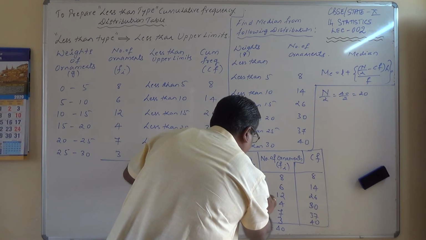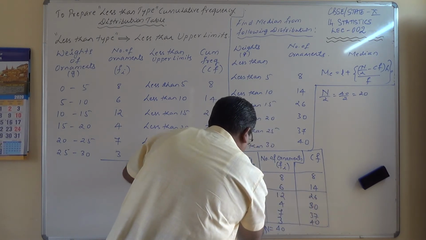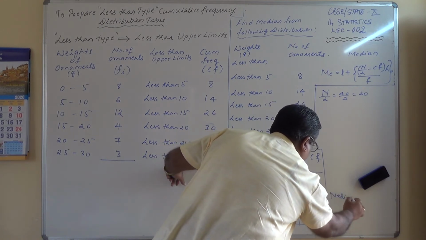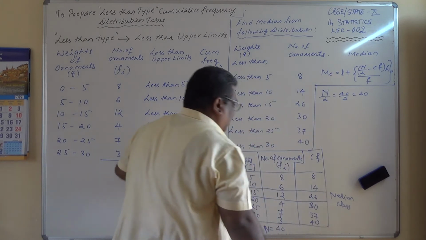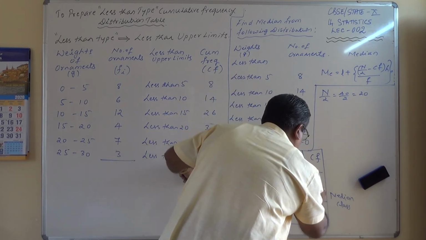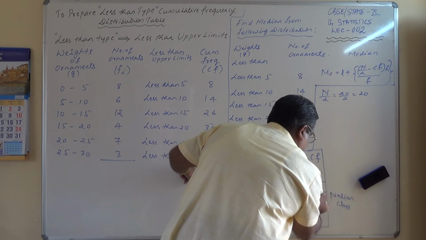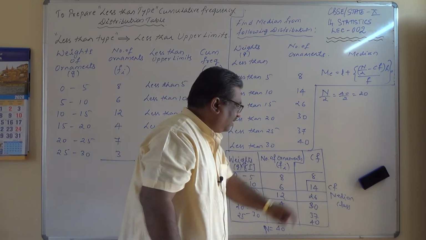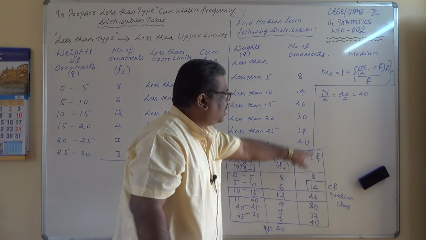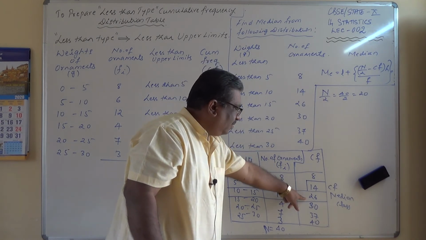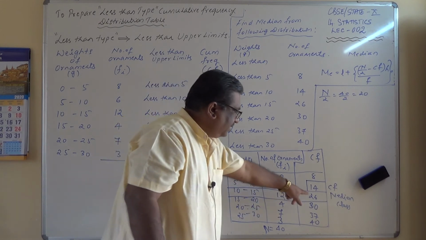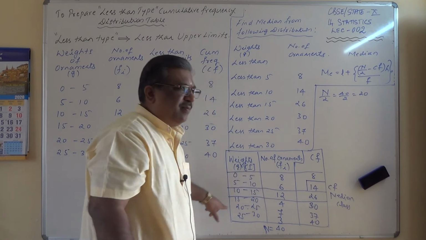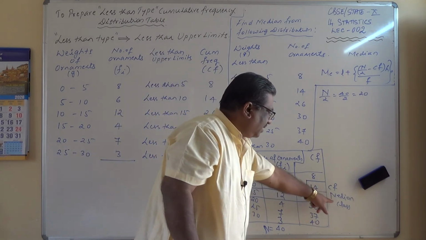This entire thing I'll mark as the median class. I hope you are able to understand this. And this is the median class. Immediately before the median class, in the CF column, we have to mark one more value, CF. This is the cumulative frequency preceding the median class. So I have marked the median class based on n by 2. Just greater than 20 I located, either 20 or greater than 20. Here it is greater than 20, which is 26. The corresponding class interval and corresponding frequency have been earmarked. So the entire row has been earmarked as the median class.